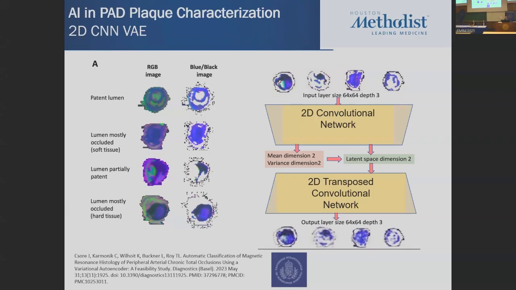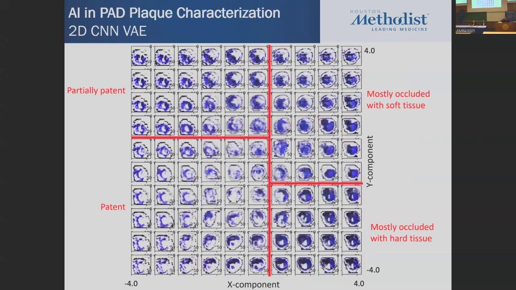We heard about the latent space, I think on the first day, in one of the first talks from the Glasgow group. I like latent space very much because the latent space looks like that. So the latent space here, a two-dimensional latent space, will order those images according to similarity. So you don't have to do anything with this algorithm. You feed in the images, you get the images back, you're satisfied they're well reconstructed, and then you look at